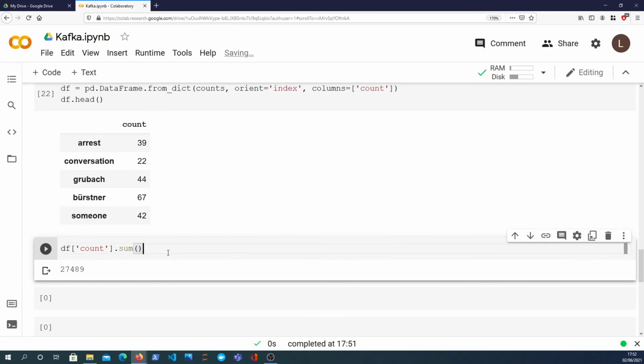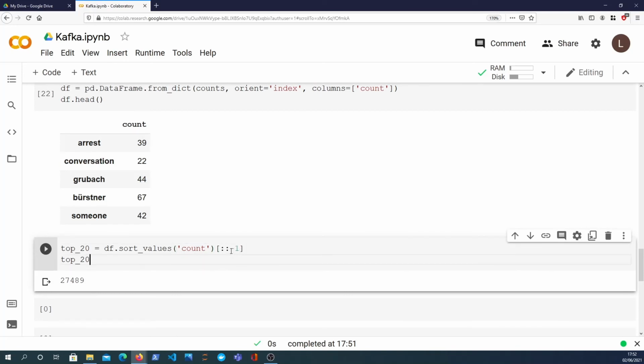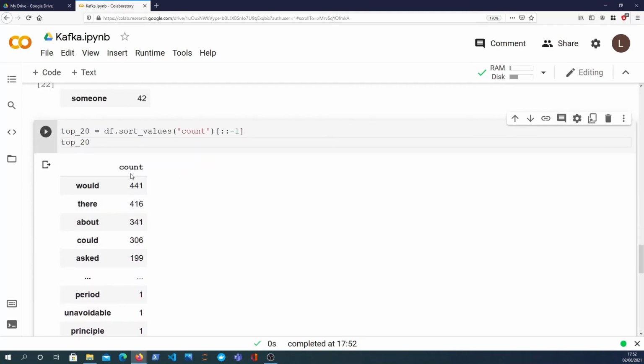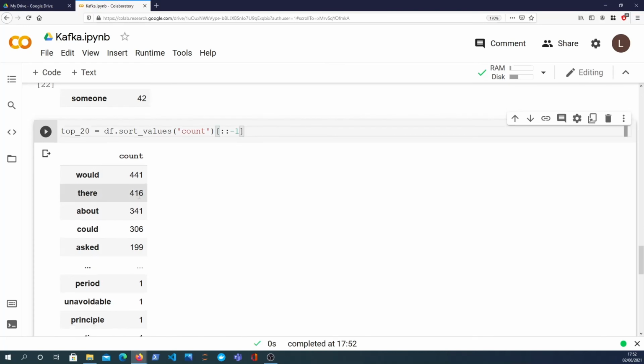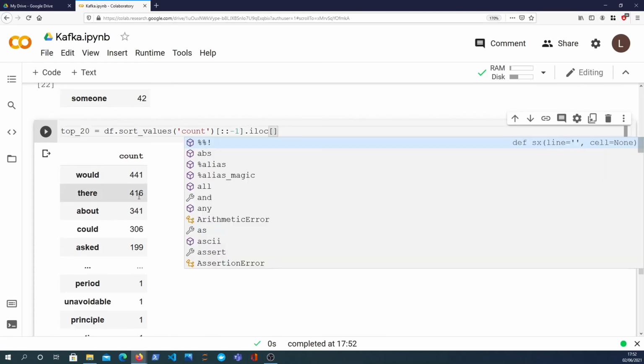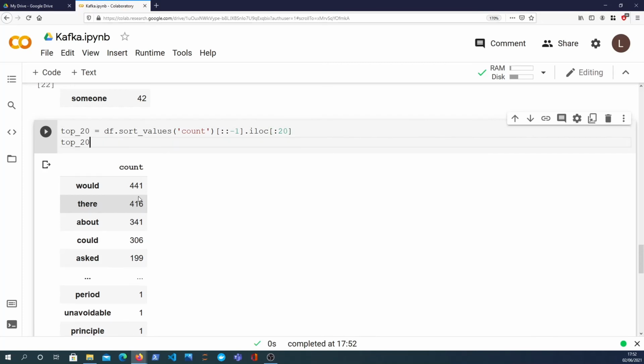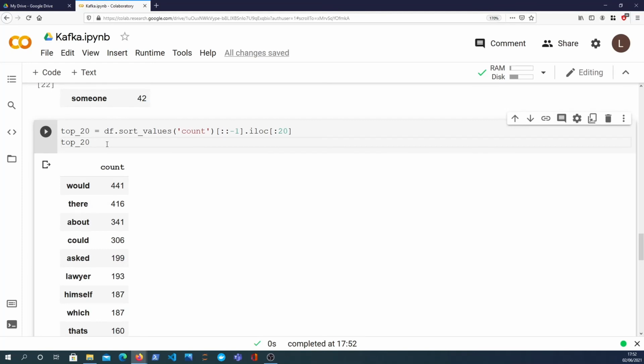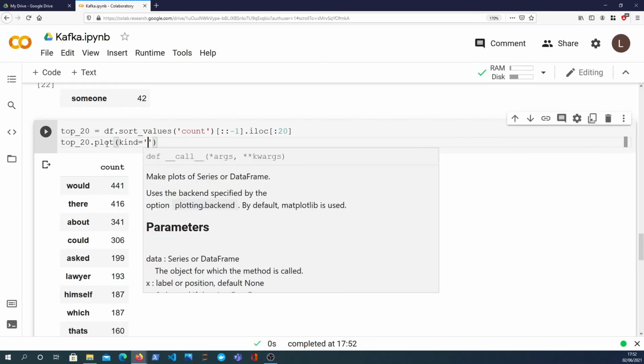Now I want to grab the top 20 tokens. So what I'm going to do is use the data frame's sort values function. We're sorting on the count column, this one here. I want to sort that in reverse order, so that'll give me the top 20. Well, it won't give me the top 20, that'll give me all the words in order of the most frequent first. To get the top 20, I can use the pandas iloc function and get the top 20 like that. So that gives me the top 20 words, the most frequent words in the trial after we remove the smaller character ones. And then pandas data frames can be plotted very easily, and I want to make a bar plot